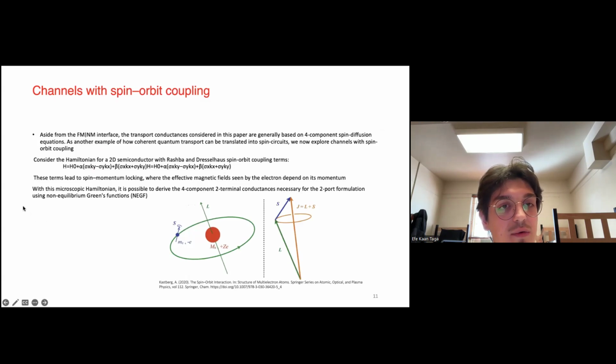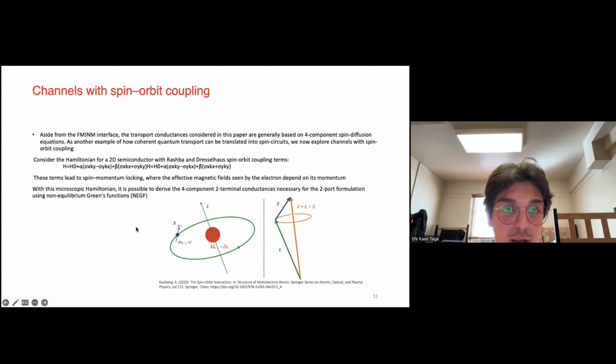And we consider a Hamiltonian for a two-dimensional semiconductor with Rashba and Dresselhaus spin-orbit coupling terms. In this equation, H0 represents the kinetic energy for the two-dimensional electron gas. Alpha and beta are the strengths of the Rashba and Dresselhaus spin-orbit coupling respectively. And here we have the Pauli spin matrices and the wave numbers in the x and y directions. These terms lead to spin momentum locking, where the effective magnetic field seen by the electron depends on its momentum. And with this microscopic Hamiltonian, it's possible to derive the four-component two-terminal conductances necessary for the two-port formulation using the non-equilibrium